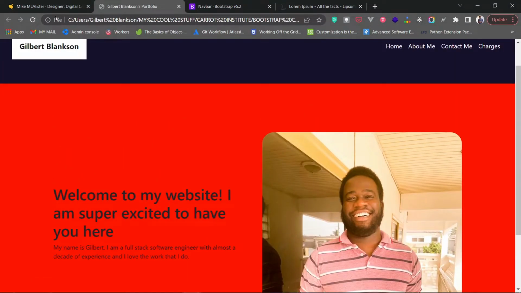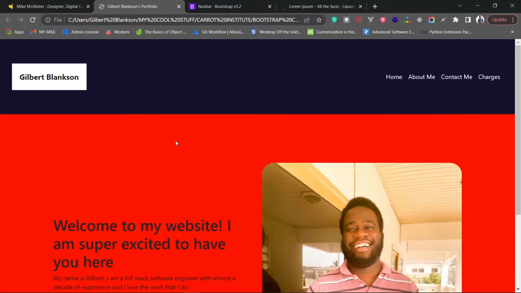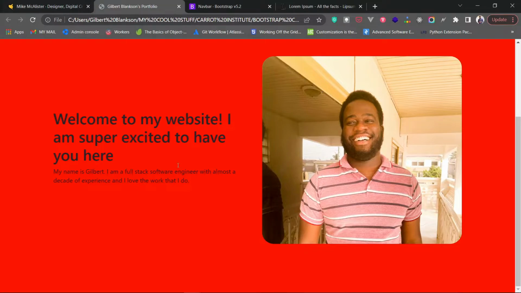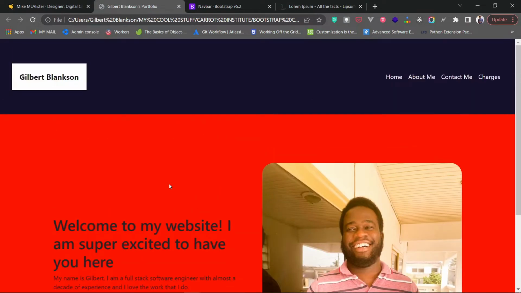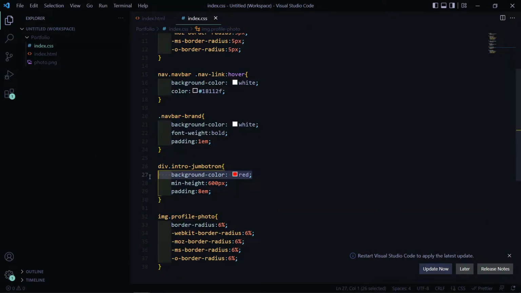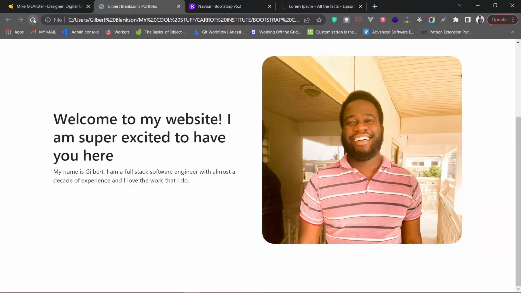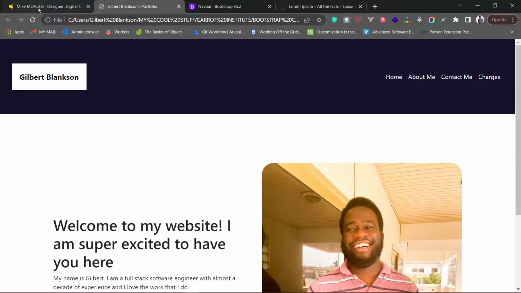So we have our image over here, just like we have this guy's image over here. Okay, and then we have our text over here and then all that stuff. So you can customize this, make it look like how you want it to look like. Okay, so now I'm going to remove the red background from the Jumbotron. Okay, right, perfect. So we are making progress